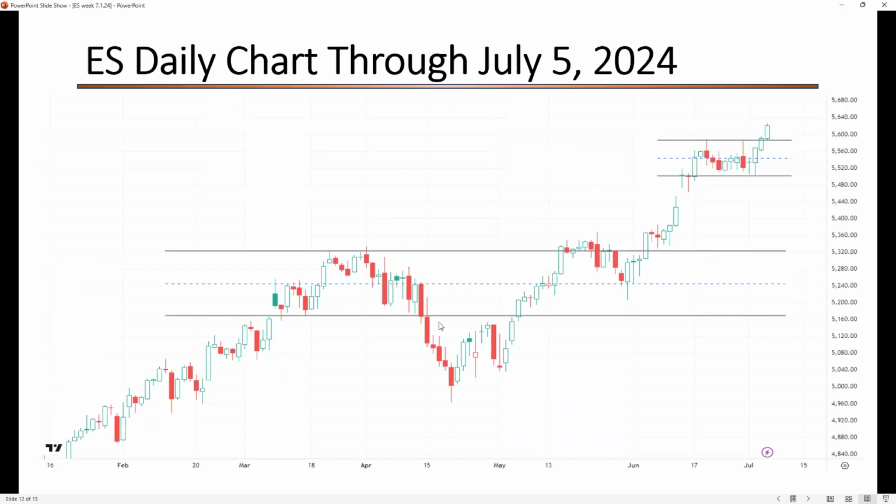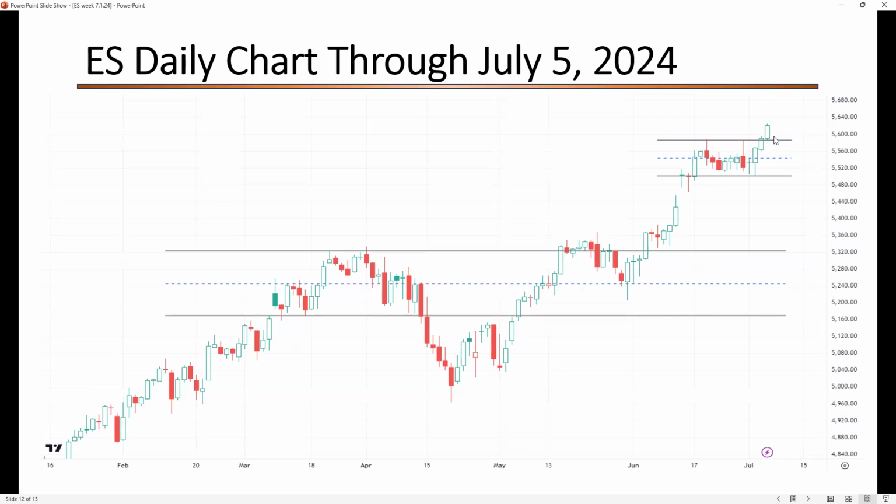Zooming back out, we see the market went into this mini consolidation zone for a couple of days and has broken out of it. For the upcoming week, what we want to see is if it can get above 56.25 right here and continue up on its next leg up. On the next leg up, we're probably looking at another 100 to 150 points, since this was the zone here. I think that would be a good target if it continues up, or if it wants to come down, it may test